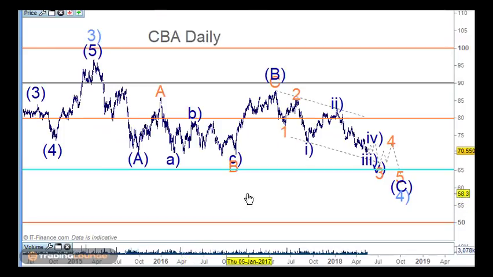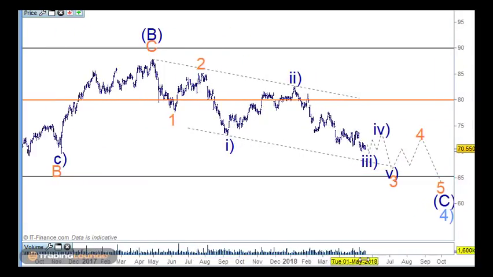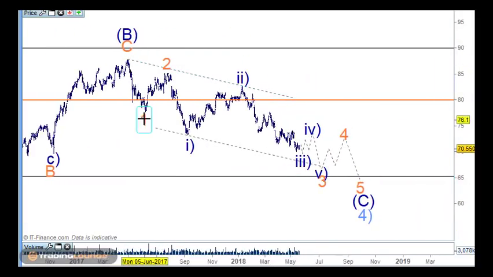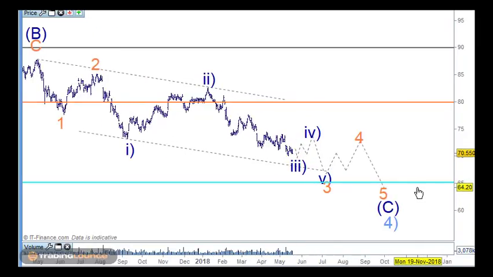So on the daily chart, it would look a little bit like this here. So wave 1 and 2 here, then wave 1 and 2, and I have to call it that way because this wave 2 here, I can't call all of that down for wave 1 here because we've got 3 waves here. So this is the beginning of the structure, this is the middle of the structure, and this is the ending of the structure. So we're looking for a move down into 65.